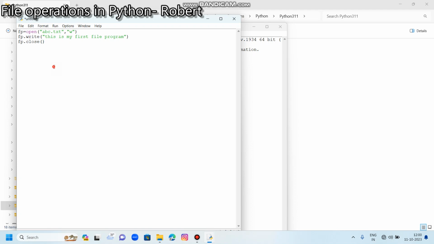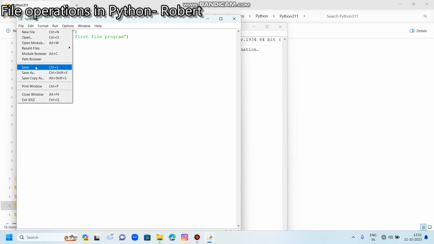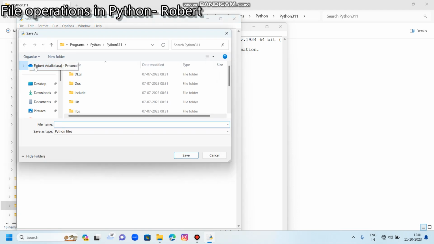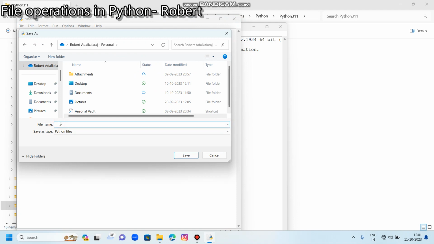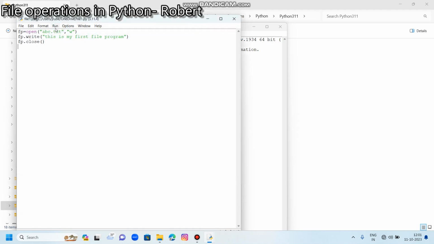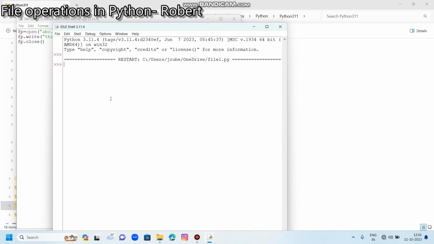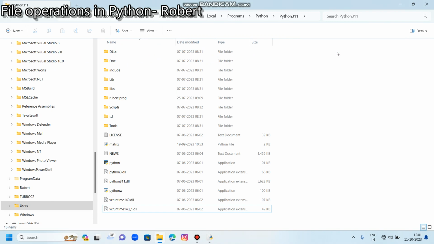Now, I am going to save this Python program by name file1.py. After saving this program, I am going to execute it, run using F5 or Run Module. My program is actually executed, and when I go to that particular location, now